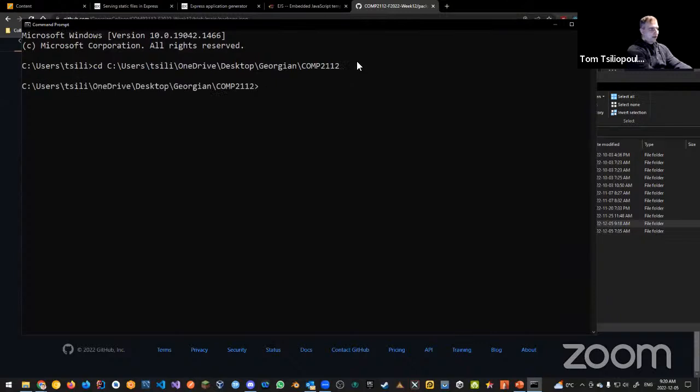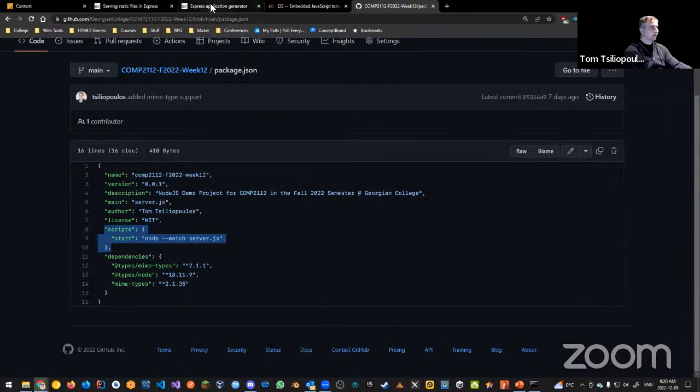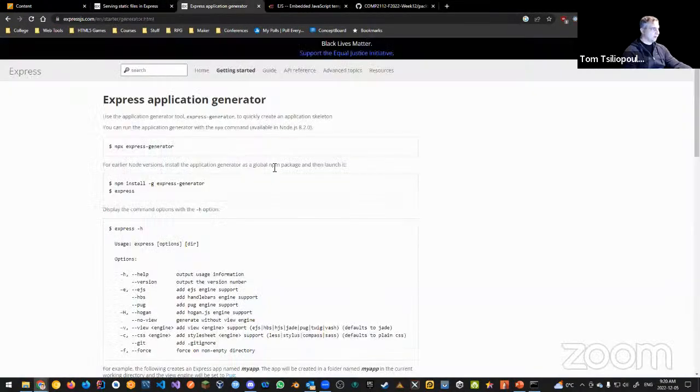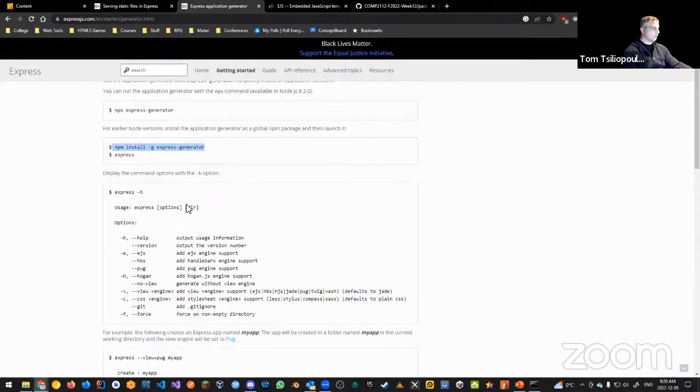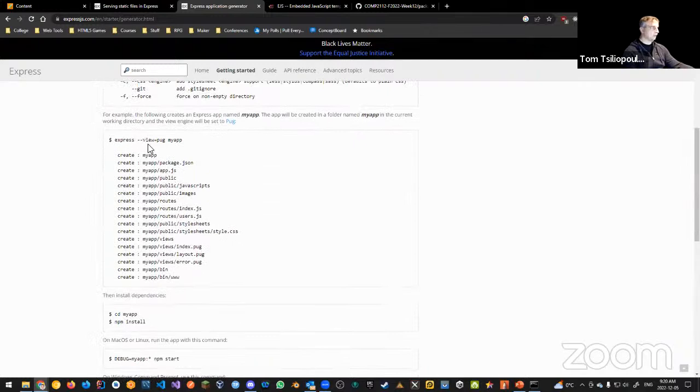Now that I've done that, I want to use the Express generator. If we want to see the documentation for this, going back to here, here's my Express generator. This is what we've done so far, right? When we use the Express generator, we have to specify the view engine. So we're going to say express, that's the command, and then --view, and then what kind of view do we want?